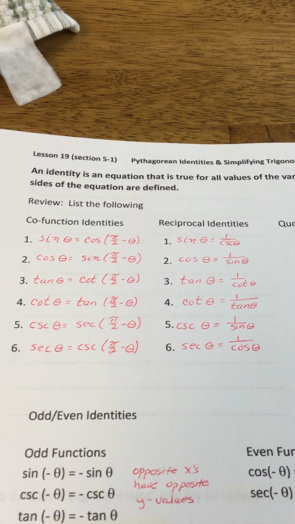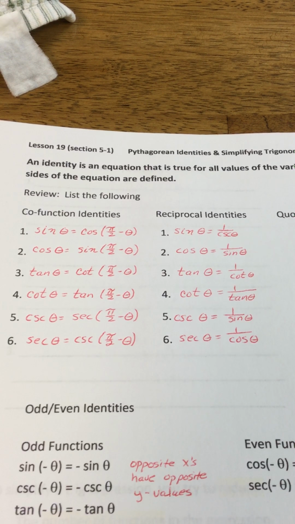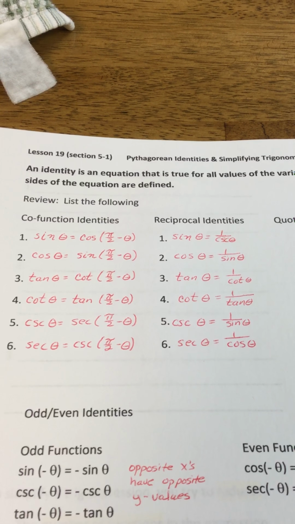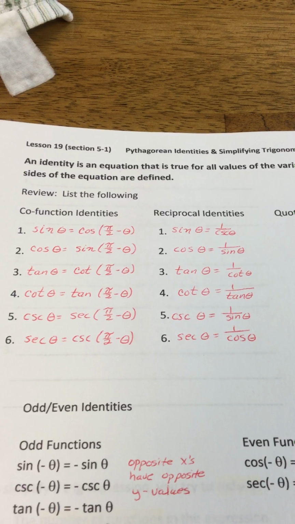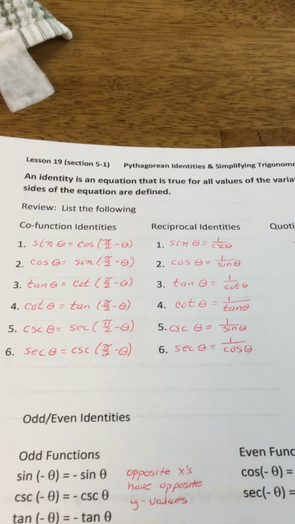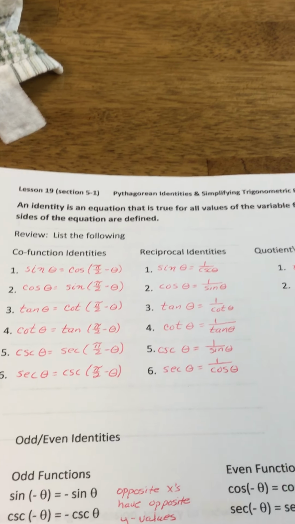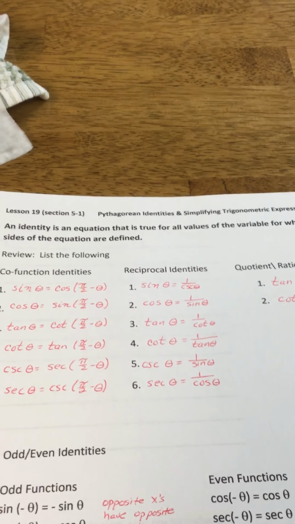Today we're going to start talking about identities again. We talked about some basic ones early on in this semester, but we're going to talk about two other sets of identities today. The Pythagorean identities and the odd and even identities. So an identity is an equation that is true for all values of the variable for which both sides of